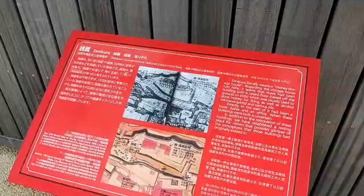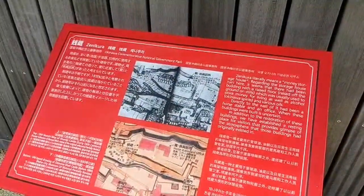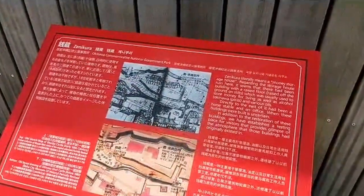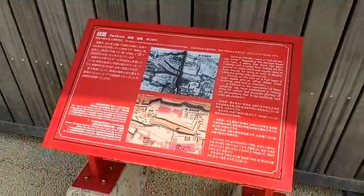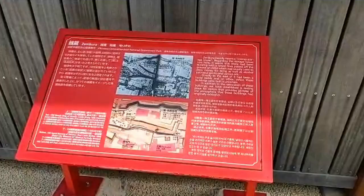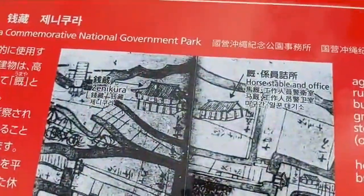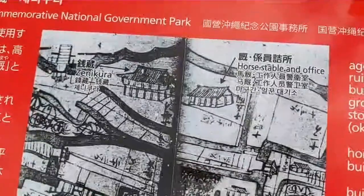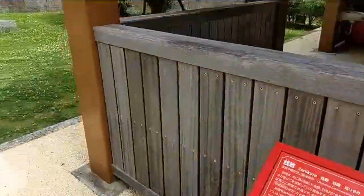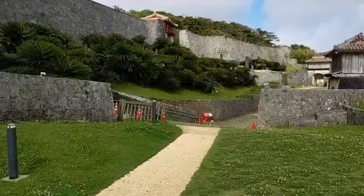Which was really interesting to me, because it wasn't just the money. It says they also stored the alcohol, and kura means a warehouse. Oil. Yeah, so a kura usually means a warehouse, and so they would have stored various resources of value here. So you can see on this nice old picture here where the horse stable and office was. Okay, from here we're going to head inside,